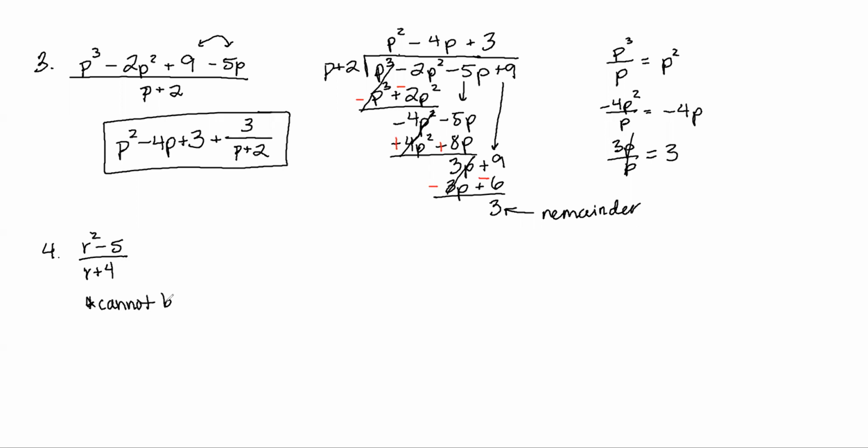So we cannot be missing terms. And you might be wondering what missing terms are. You can see what I was talking about in that example that we just started, because we couldn't line up that r because we were missing an r here. So you want all of the terms that come after your highest exponent. If we look back at this one up here, we started with p cubed. That means we need a p squared, a p, and a constant. If we started with p to the 4th,